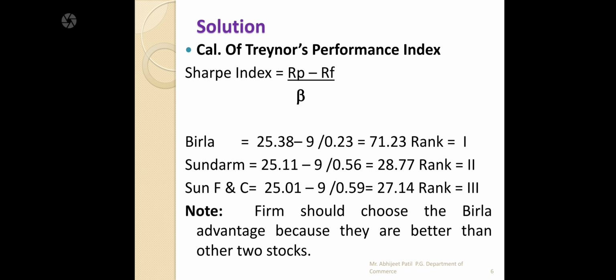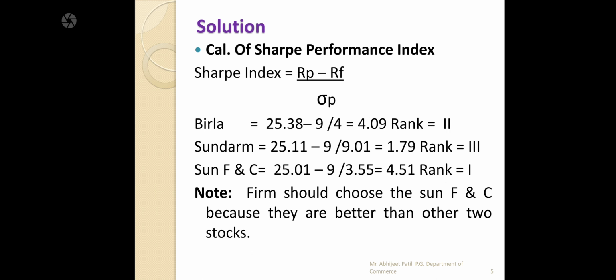Then another thing they asked is to calculate the Treynor performance index. The Treynor performance index measures the portfolio return against market performance. That is, your individual return is generated based upon market performance, and market performance determines the beta value. So the Treynor performance index is equal to RP minus RF divided by beta. Here RP, the portfolio return, is 25.8 minus 8. Instead of standard deviation, for Treynor you use the beta value, which is given in the problem.